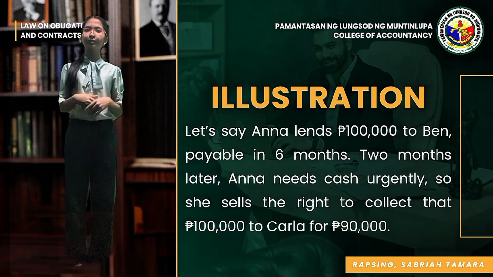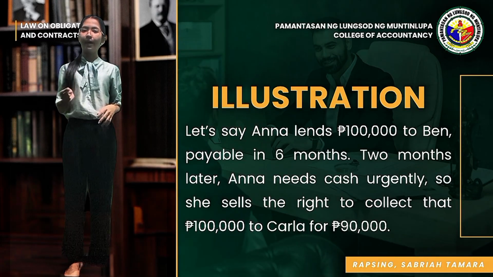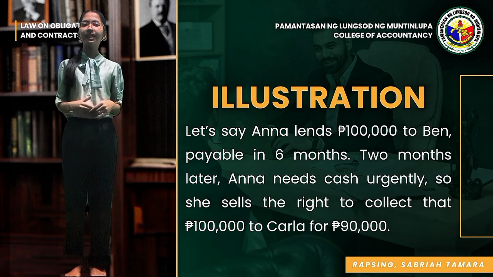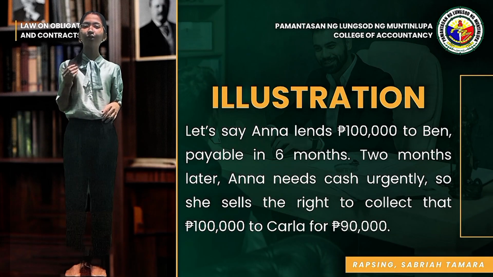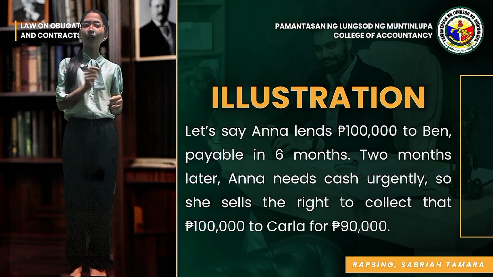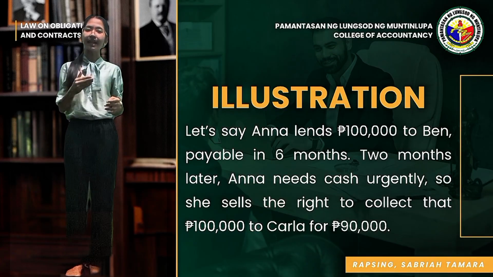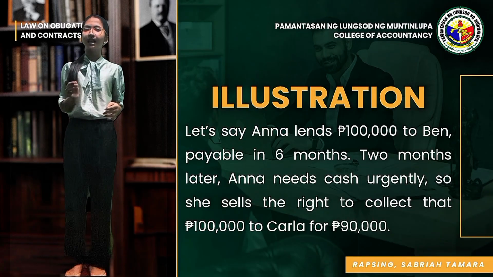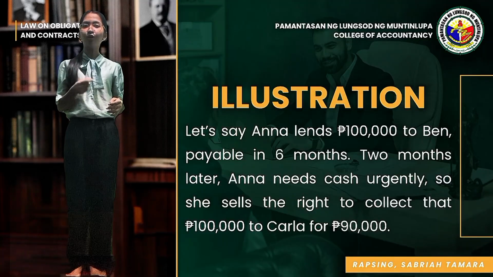So, for example, let's say Anna lends 100,000 to Ben, payable in 6 months. 2 months later, Anna needs cash urgently. So she sells the right to collect the 100,000 to Carla for 90,000. Anna is the assignor, Carla is the assignee. Ben is the debtor. Now Ben must pay Carla the 100,000 when it becomes due, not Anna anymore, because the